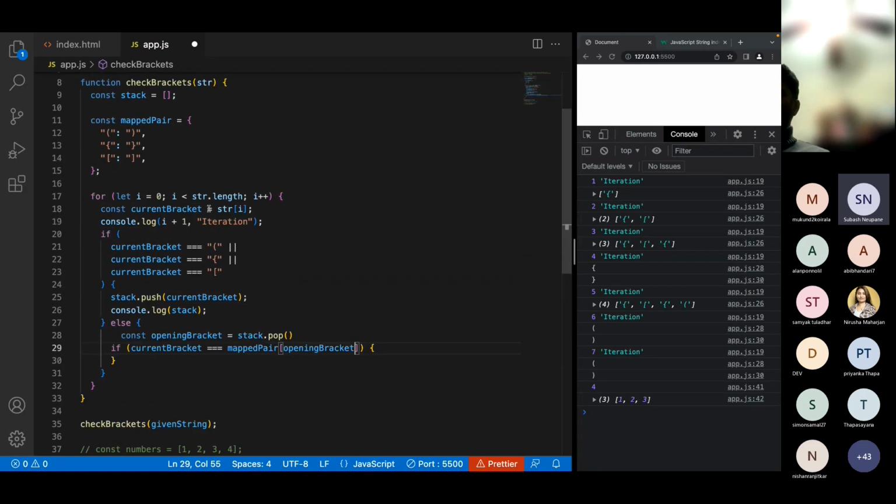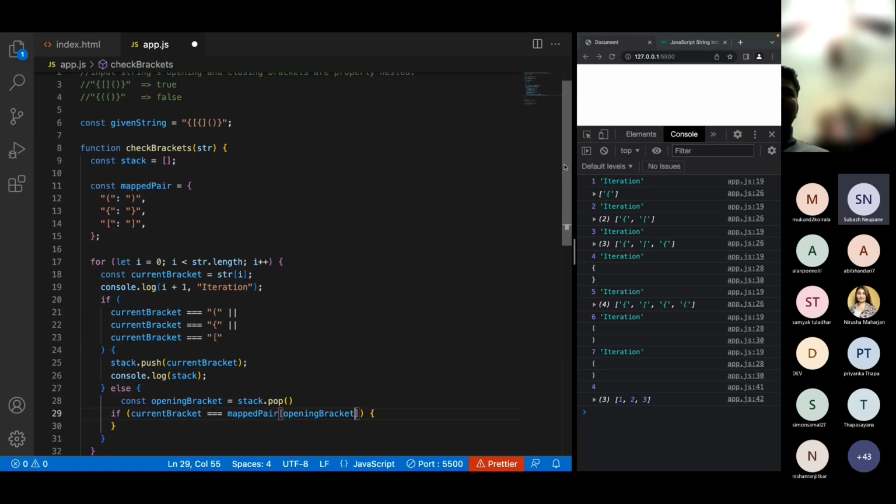So the opening bracket of, we are currently here, opening bracket of this big bracket is, let me remove this invalid one for now. Opening of this big bracket is this one, the closing one, right? So this expression is now giving you this large bracket actually. So now I'm writing this one, mapped pair opening bracket is giving you the closing of the big bracket, and